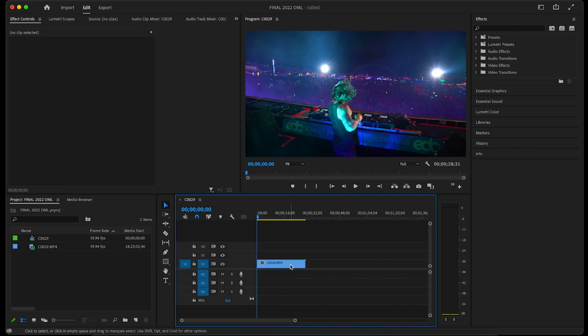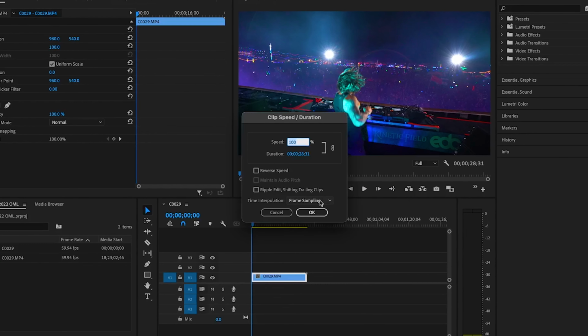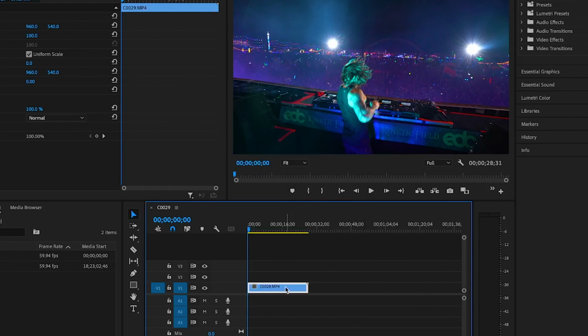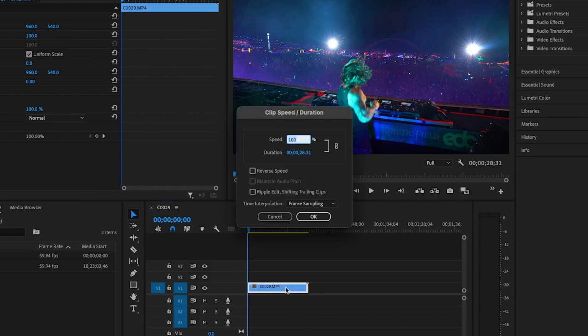To slow down this clip, right click or double click on it, then click speed/duration. Another way to open this menu is to make sure the clip is highlighted, then click Command+R or Control+R on PC. Now, since this clip was shot on 60 FPS, the slowest we can go while maintaining smooth motion is